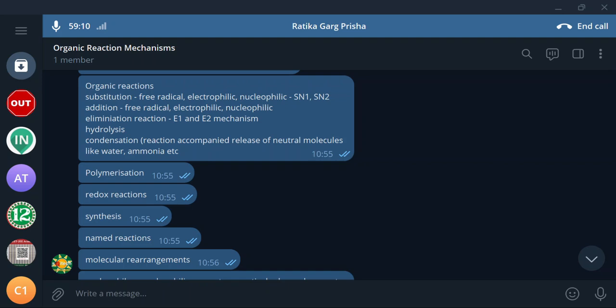Now let me ask you one more question. The order is dependent on none of the reactants. What is the order of the reaction? 0. So this is called a zero order reaction. I hope now you should be able to understand some basic concepts about the kinetics of the reaction. Kinetics means the speed of the reaction, that is how fast the reaction takes place.